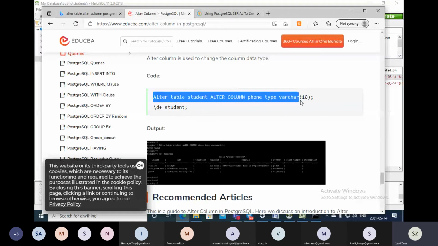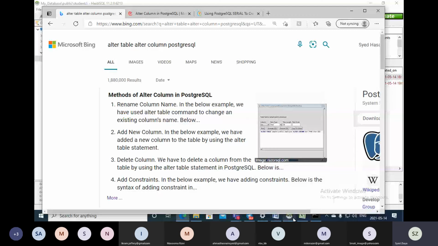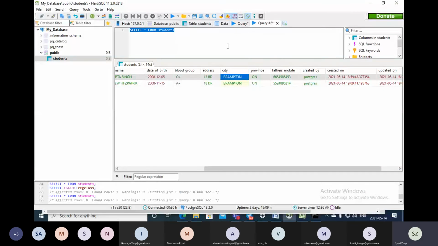So we come back to our window here, and we say alter table students alter